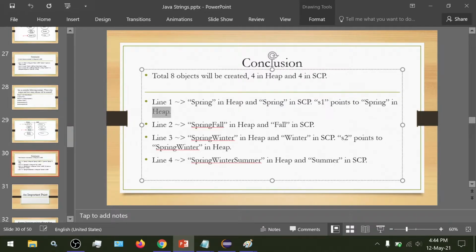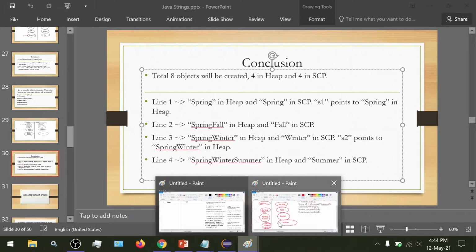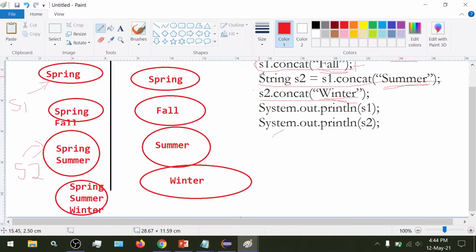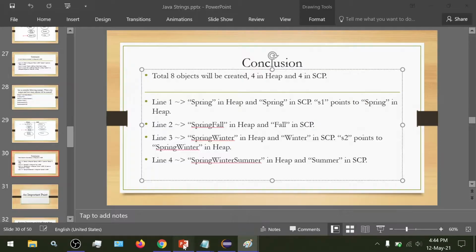inside heap. Then line 2, "spring fall" is created in heap and "fall" is created in SCP. Then line 3, "spring winter" is created inside heap and "winter" is created inside SCP, and S2 points to spring winter in heap. This is this statement: S2 is S1 dot concat that we are seeing here. Line 3, S2 points to spring winter in heap, and then line 4, spring winter summer in heap and summer